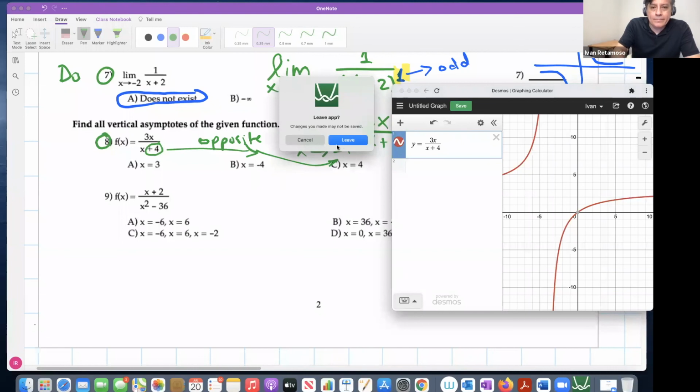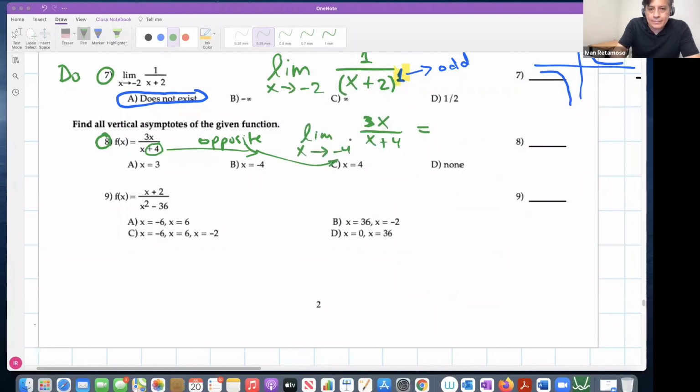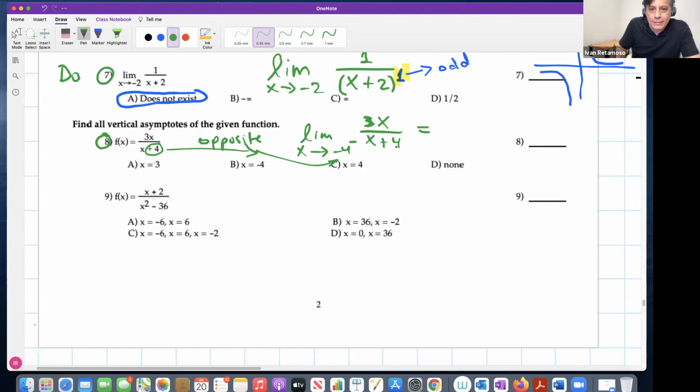So therefore, let's say you go from the left, right? So it was down, positive infinity, right? So this tells you that this has to be an asymptote, x equal -4. But if it's complicated for you to grasp, right? It's difficult with the limits, right? Use the shortcut that I gave you,